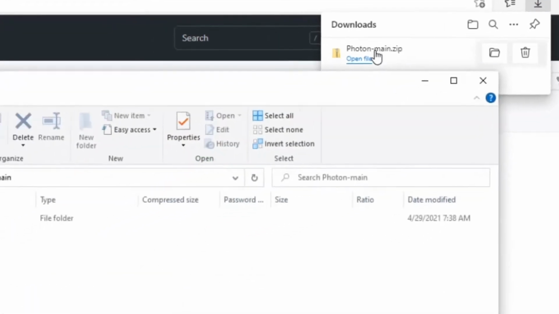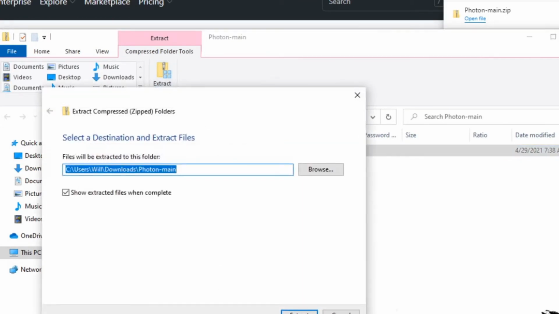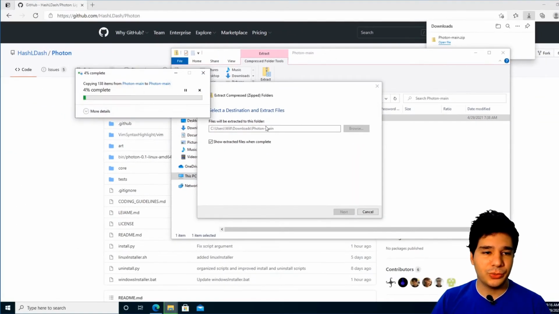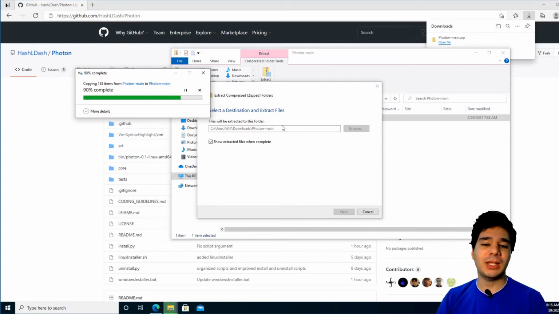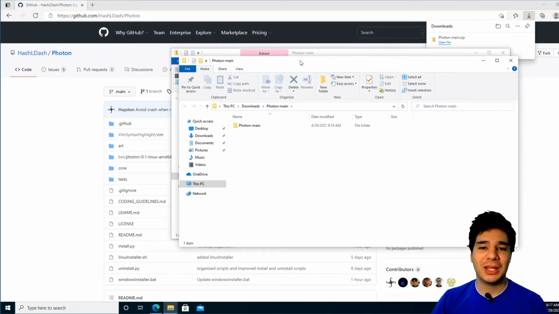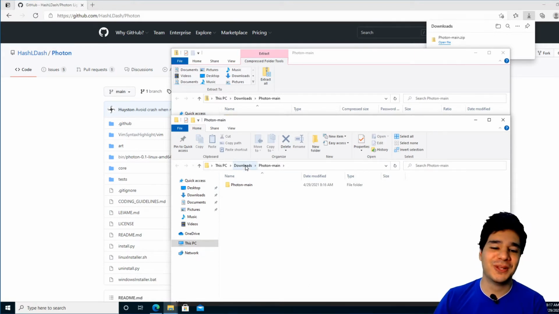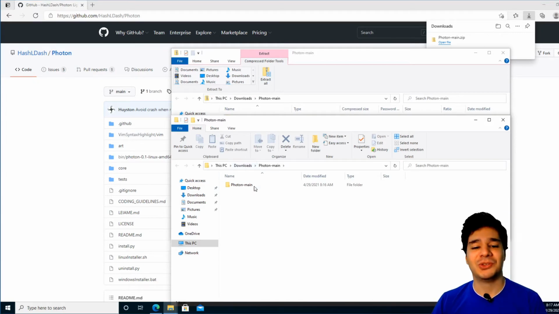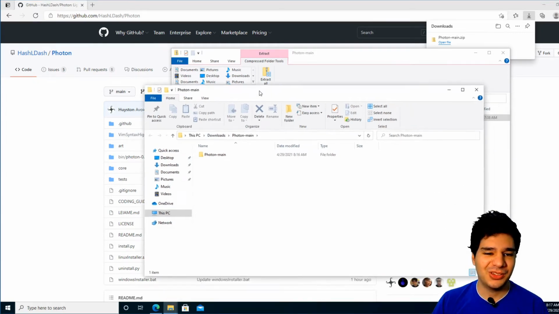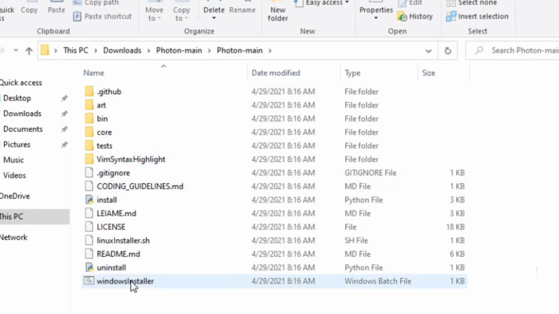Then we click here, right, and now we can extract all of this content where you want to install it, because it won't install on program files, and where you extract it will be installed there. Okay, so don't do as I did here and install in downloads, but just to show you. So let's go into downloads, and then we have the Windows installer. So let's double click here,